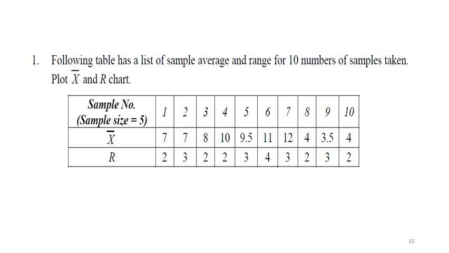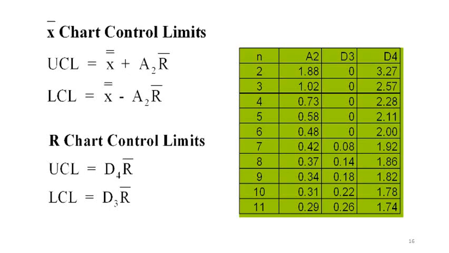As the sample size is 5, X bar is the mean of 5 values, D1, D2, D3, D4, D5. In the first lot, X bar equals 7. That 7 is the value we got from (D1 plus D2 plus D3 plus D4 plus D5) divided by 5. The X bar value is given and also the range is given. So it's very simple. X bar and R are already given. Hope you have noted the data. So as we know, we need to find the UCL and LCL, that's the first step.